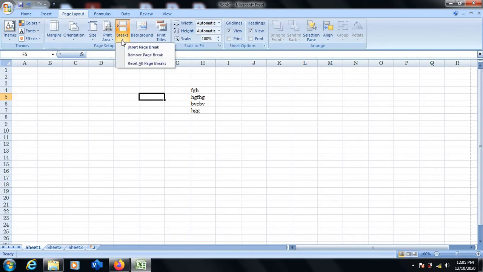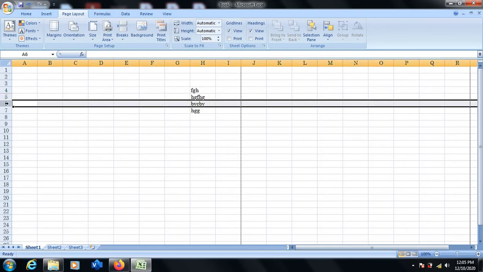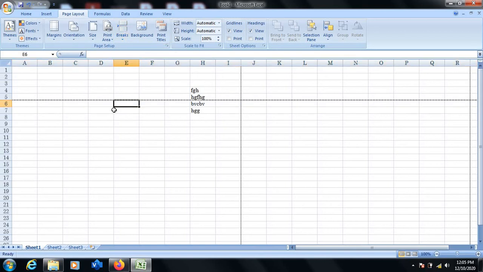You can set page breaks as well. You can have page breaks from a particular portion of your worksheet. If I want to divide this page now after the second line of my data, I will have to select the 6th row, click on insert page break, and from the selected portion the page will be divided.